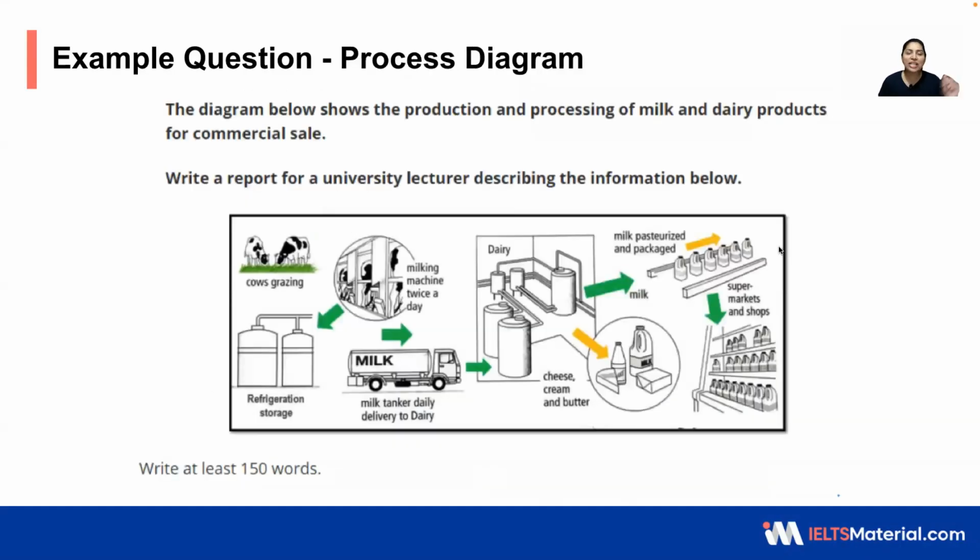The next question is process diagram. There are two types of processes. Number one, linear process. The meaning of linear process is it starts from the first stage, it ends with the final stage, but it does not come to the first stage immediately. It has a starting point and it has an ending point. This is called as linear process, and this particular method is used when there is a need of that particular process.